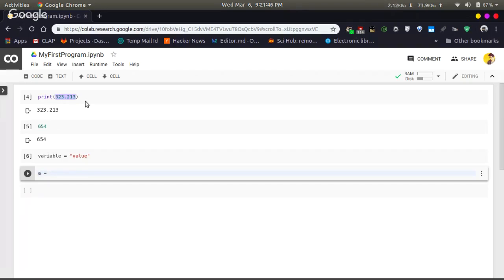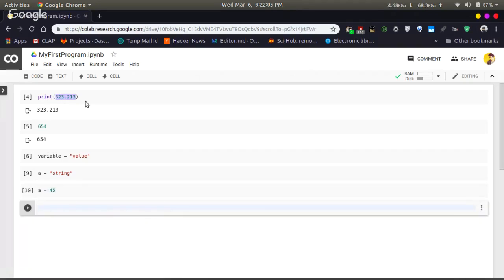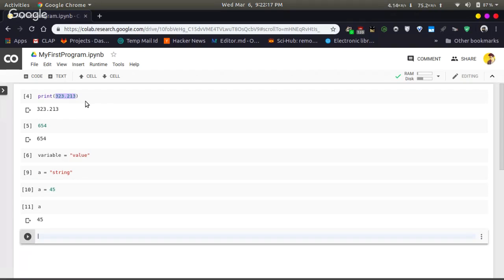Now you can store any type of value in a variable, just like this. The variable here is a. You can store a string into this variable. You can also store an integer into the same variable, but after storing the integer, where the string was stored before, the variable now holds only the integer.